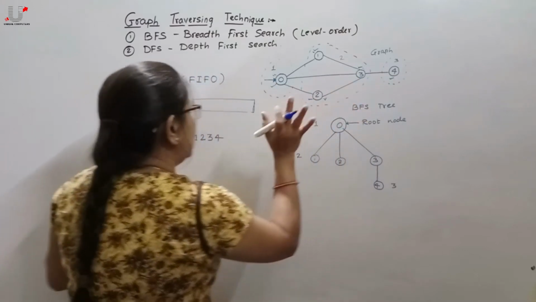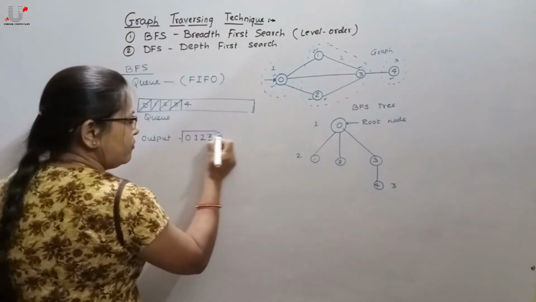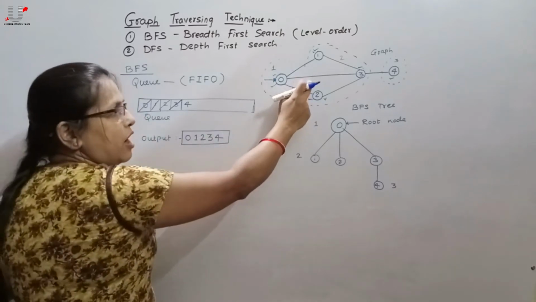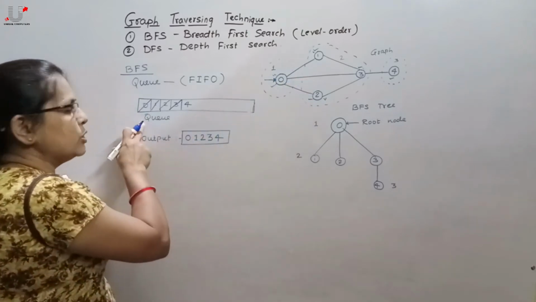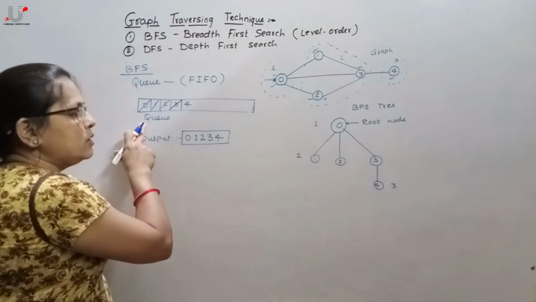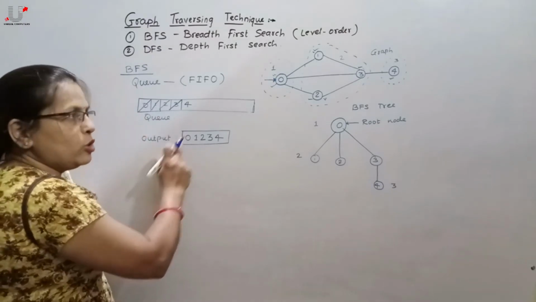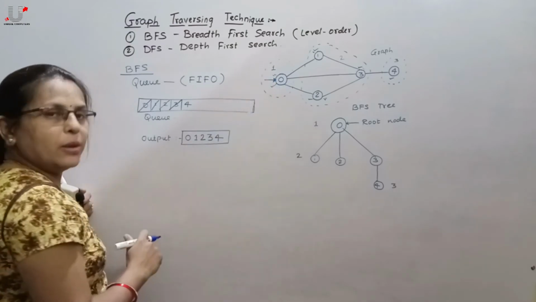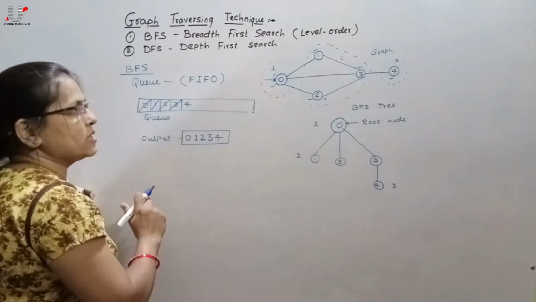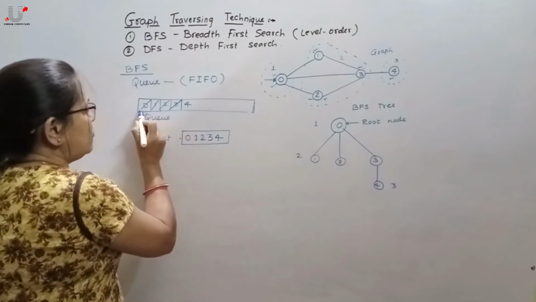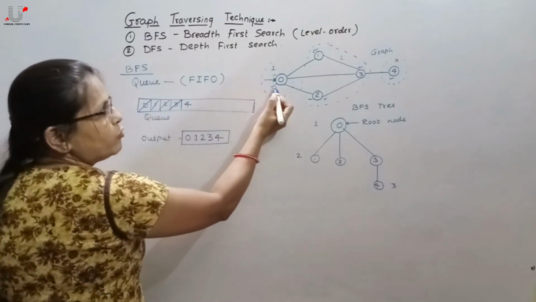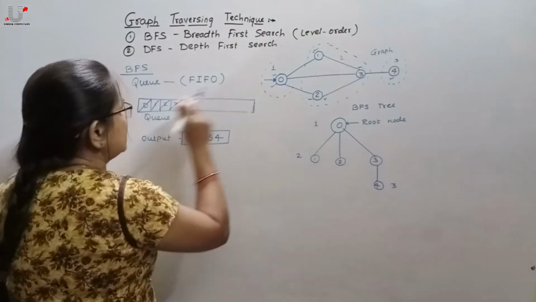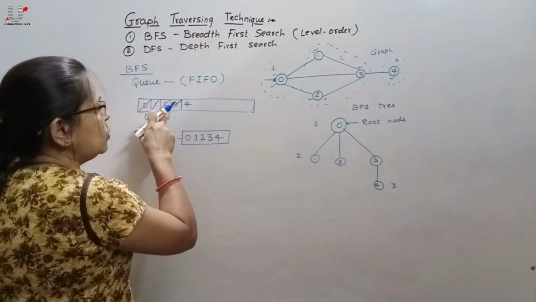So it's a valid output of this graph after performing BFS using a queue. This is not the only output. After performing BFS traversal of this graph, we get numerous results. If we start from 0 and explore all its adjacent vertices, the first sequence is 1, 2 and 3.